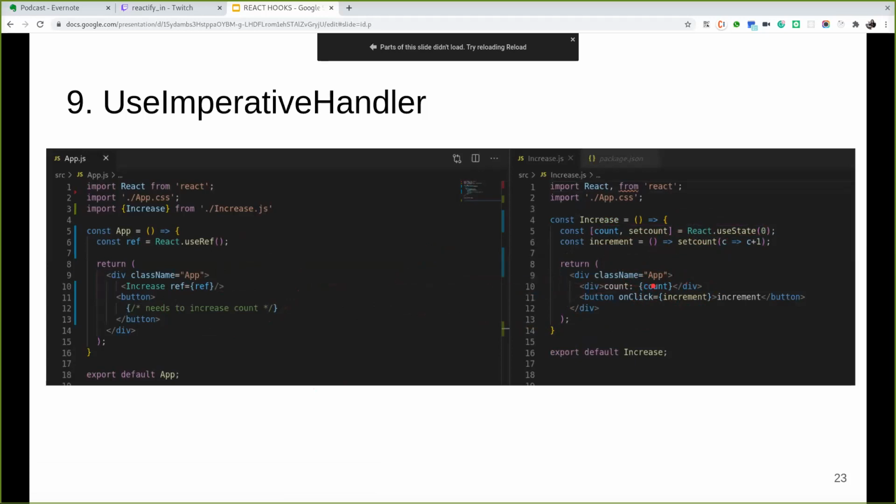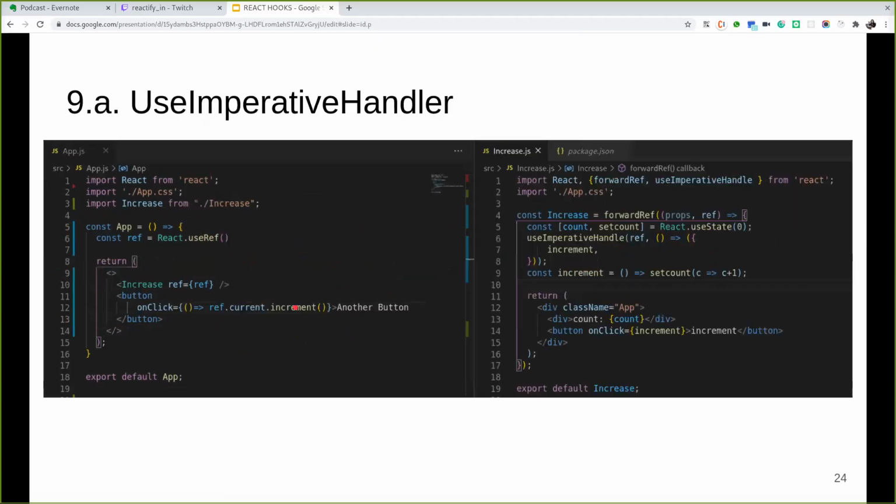Apart from that, I want to have another button that will increase the same count. But the issue is we don't have the reference of this increment function in this particular component. So useImperativeHandle will allow us to use that method from another component within the other functional component.